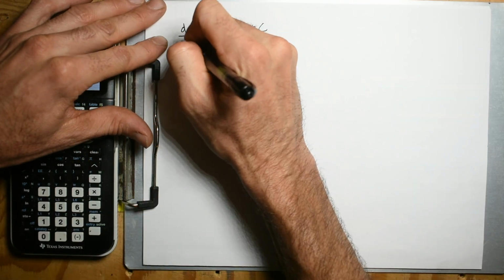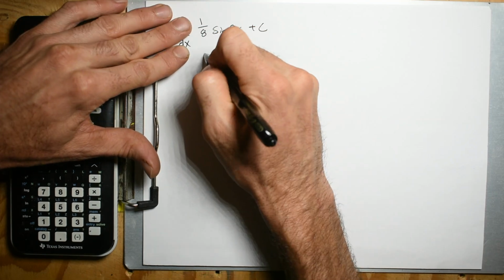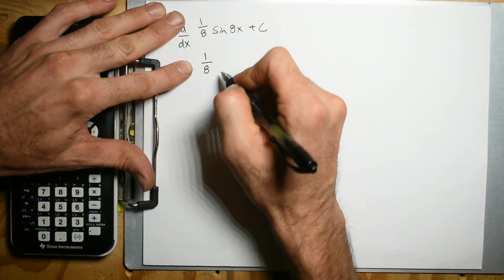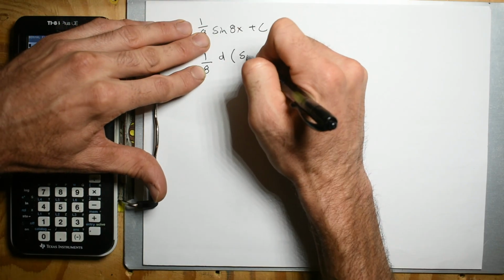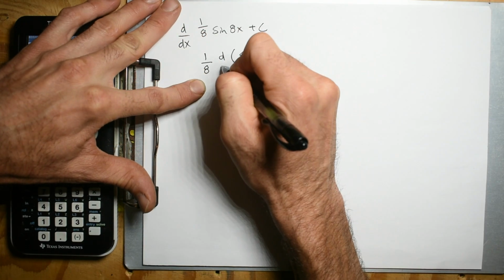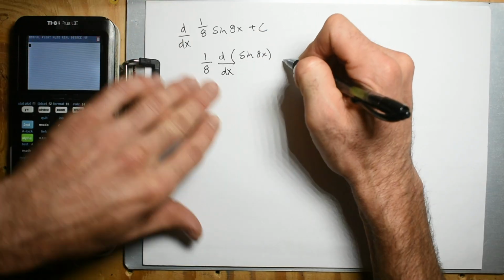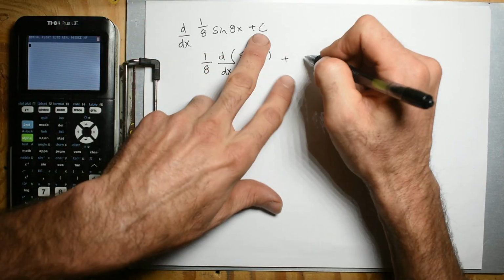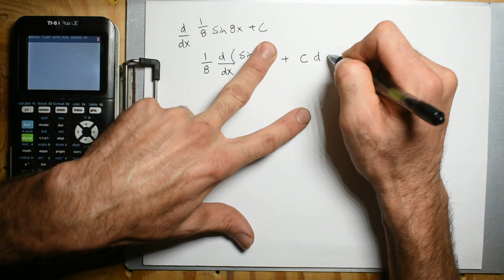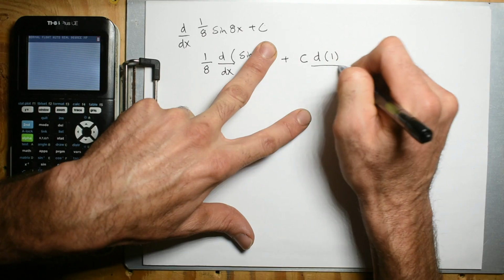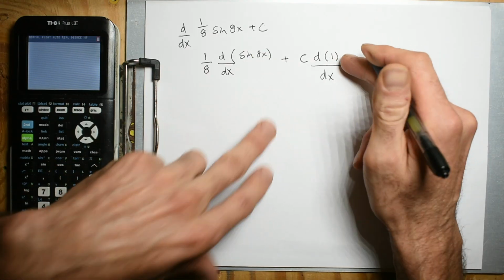We're going to take the derivative with respect to x. Using my rules of differentiation, the constant comes out. Derivative, using these parentheses, of sine 8x with respect to x, plus, and I can take the derivative of this. We're going to do this in 2 steps. The constant comes out, derivative with change of 1, and at the end of the video we kind of talked